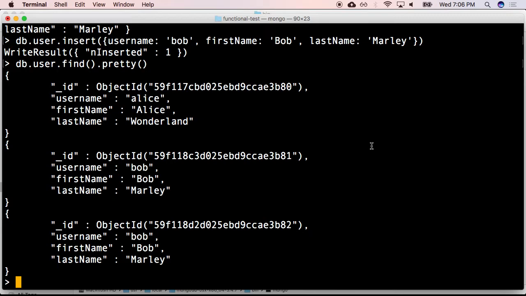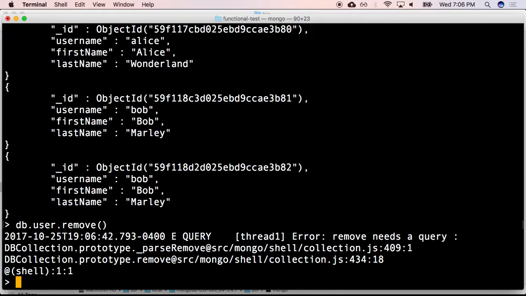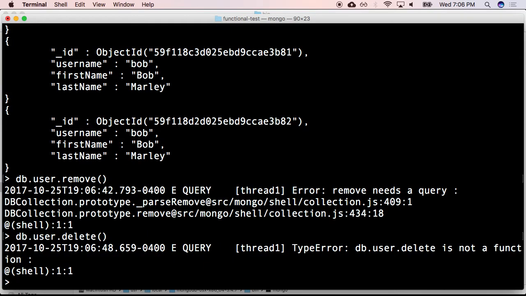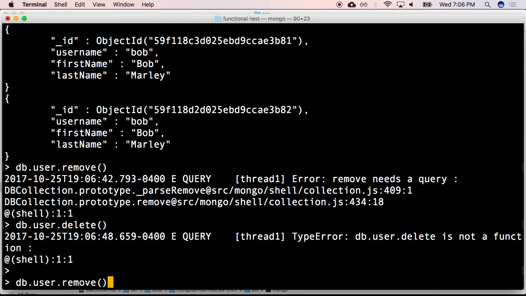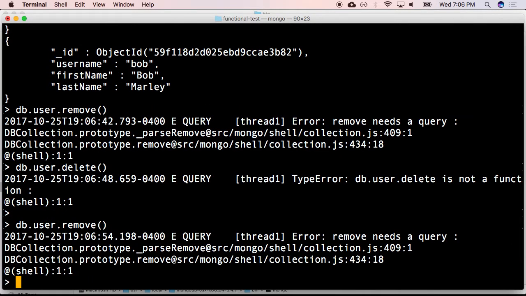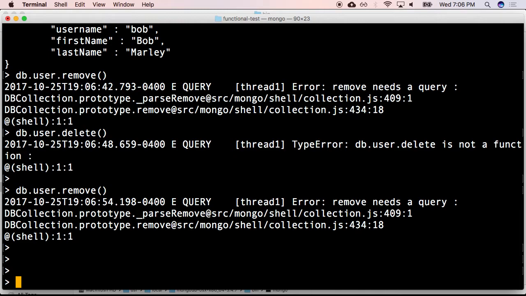All right, so we can remove, just like we can insert. We can also remove. We can say remove, and we can provide a where clause, typically in SQL. Oh, delete. Let's go back to delete. Oh, I'm sorry. Yeah, it is remove. db.collections. Okay, so typically, if you do a remove and you don't give any filters on what it is that you want to remove,